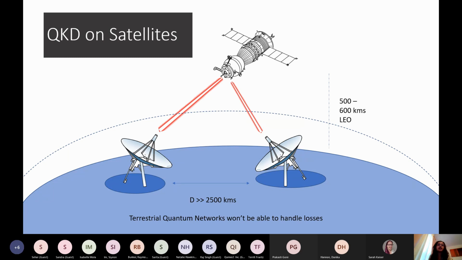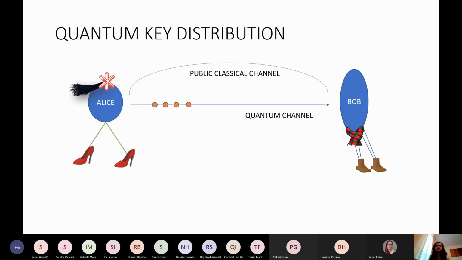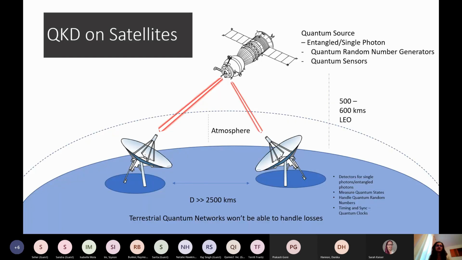And so they're going to be avoiding most of the time the Earth's atmosphere, which comes with its own problems. It creates a lot of turbulence. It can create beam refraction, beam wandering. And so if we are avoiding the Earth's atmosphere for most of the 500, 600 kilometers, and the atmosphere is actually only 10 kilometers at certain places, this does not create as much loss as in fiber-based QKD when we are trying to do long-distance communication.